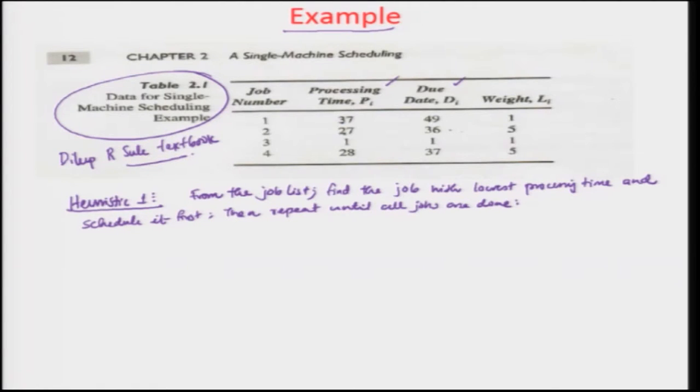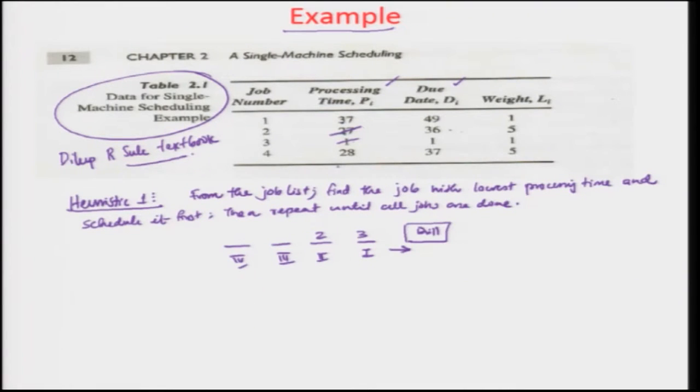So, what we are doing is, let us say we have 4 sequence positions. Let us call them sequence position 1, 2, 3, 4, and here is the drilling machine. Position 1 means it is closest to the drilling machine, the first one going in. We go to the jobs and find the lowest processing time, that is 3, so it goes in this sequence position. Then this is over, so we do not consider it anymore. The next one, we go through this list and find the next lowest one, which is 27, so we put job 2 here.